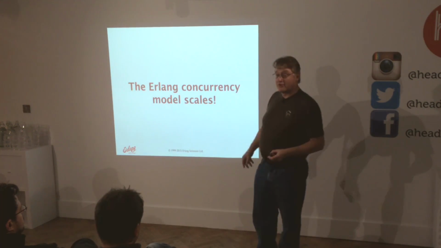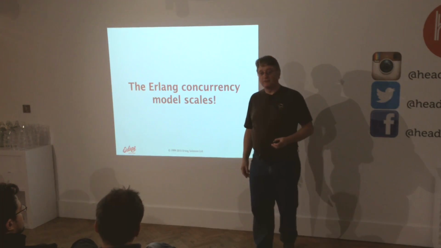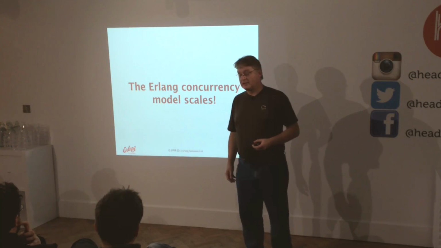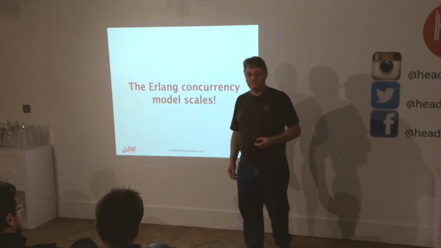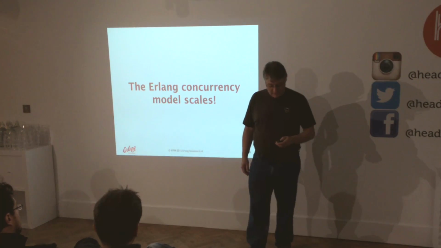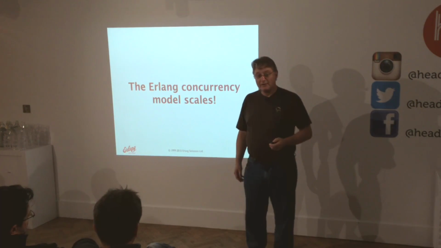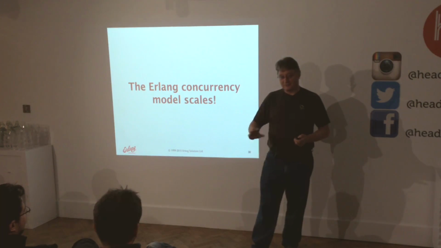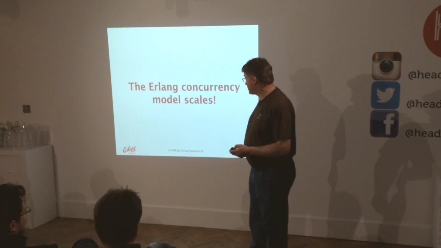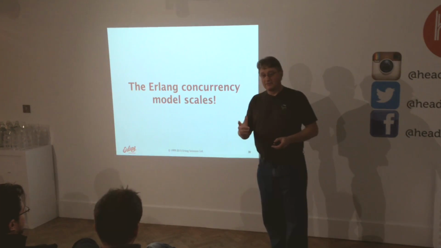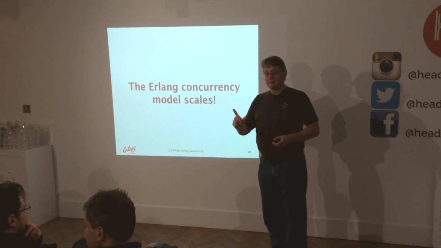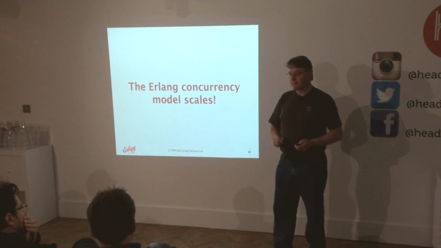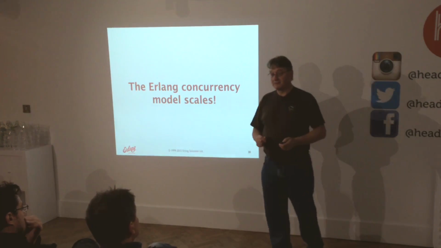And I can just say the Erlang concurrency model scales. When you start looking for it, it does scale. Having lots of small, light processes communicating by sending messages scales much more than doing other things, for example, sharing. The worst thing you can do is share mutable state. That will kill you eventually. It can be done. The issue is not whether you can do it or not, but how good is it, how well does it scale, and how much effort you have to put in to make it work. So you can do it, yes, but it's a lot of effort.